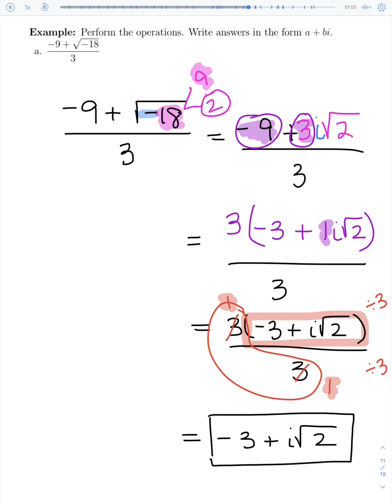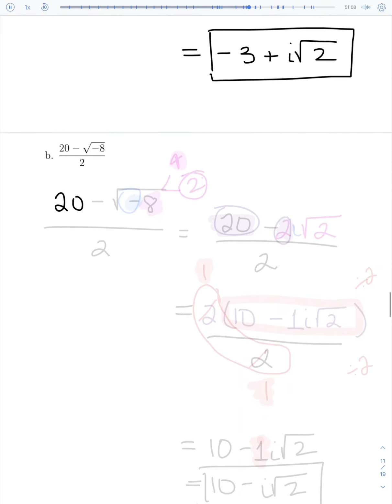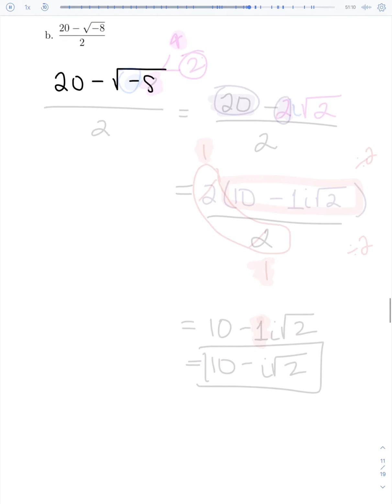Now let's try another one. Let's take a look at problem B. In problem B, we have 20 minus the square root of -8 over 2. So once again, we have a negative inside of a square root. So I would start there, because you can't reduce anything on top anyways unless you can factor something out, and right now you can't. So let's leave our 20 and our 2 on the bottom, minus,